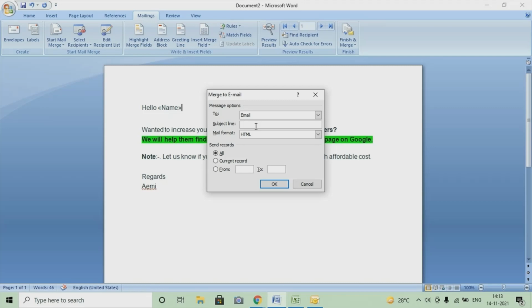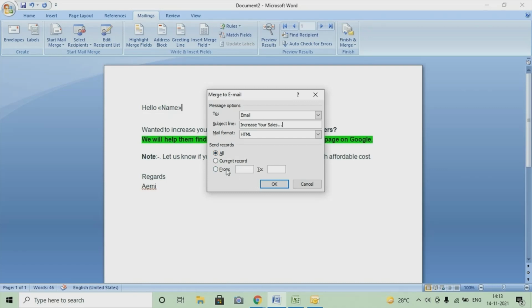Mention the subject line. Any subject line which you want you can mention, and I'll click on All because I have to send the mail to all the data which I have in the list of 4.